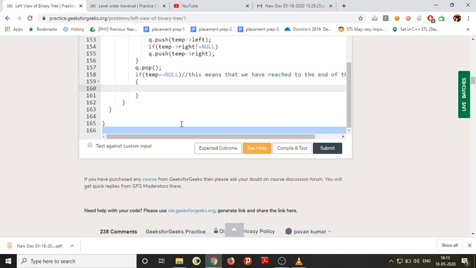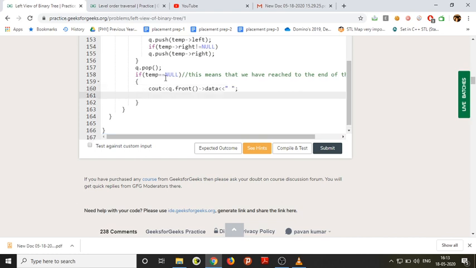So if temp equal to null, the first thing is we need to print the element which is just after the null. So q dot front, we need to print this, and after that we need to also insert null. Okay, so q dot push null.